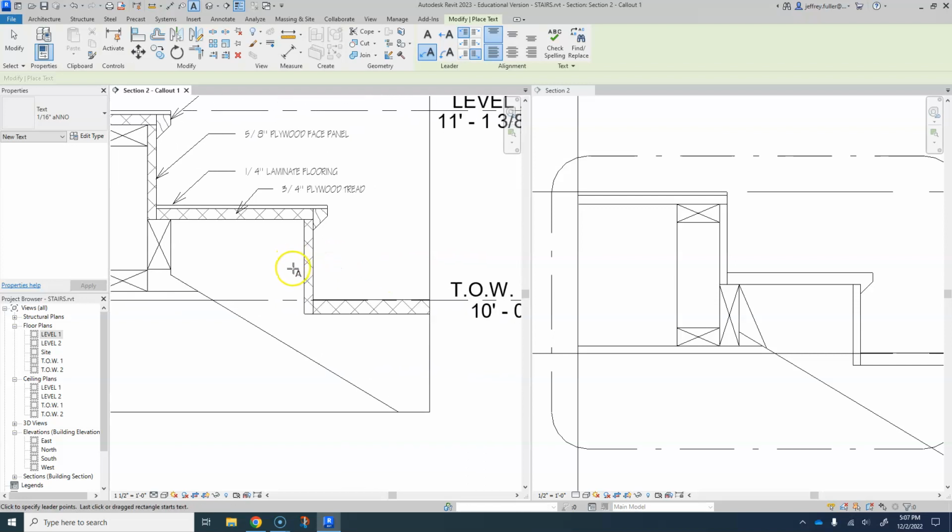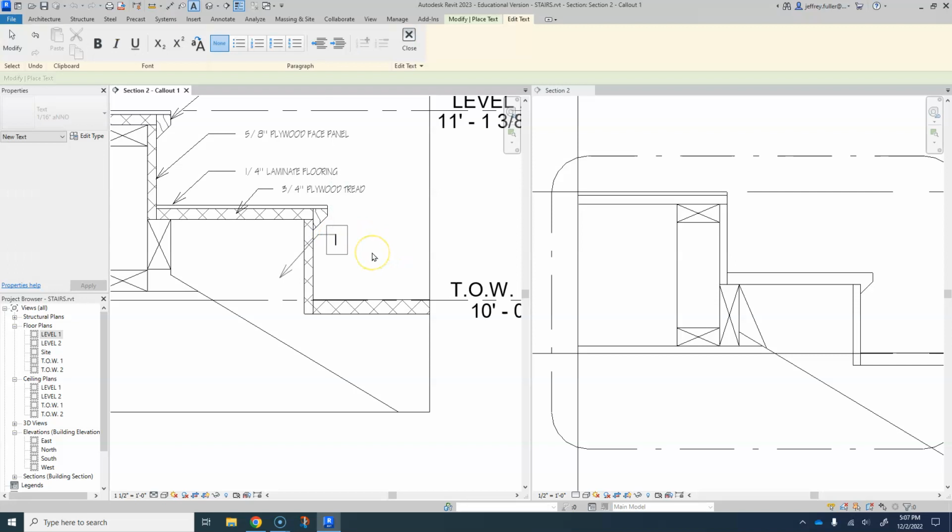Okay, this is going to be a new one for you. I'm going to label this stringer. Okay, and it's a 2x12. I think it's a 2x12. I'm not sure what Revit used there, but that's typically what we use, 2x12. Of course, you can use 2x8s and stuff like that too. Let's see, I might try to measure it here in just a second, see what it is. 2x12,